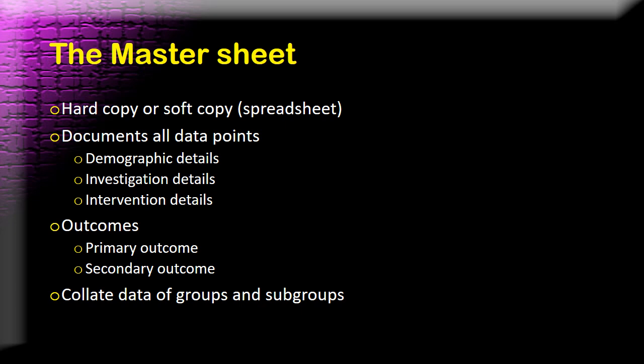The primary and secondary outcomes are also to be recorded, and if there are subgroups, it would be very easy to have one master sheet and then create several subgroups as the need may be when you have an electronic